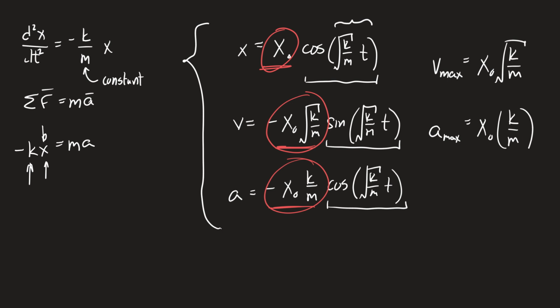So if I want to figure out how long it takes for our system to oscillate, I can just set this equal to 2 pi. And if I do so, solve this for t, this represents how long it would take my system to oscillate. We call that the period of oscillation. It's just a consequence of understanding how the cosine and sine function work. Are we all good so far? All right. Now,